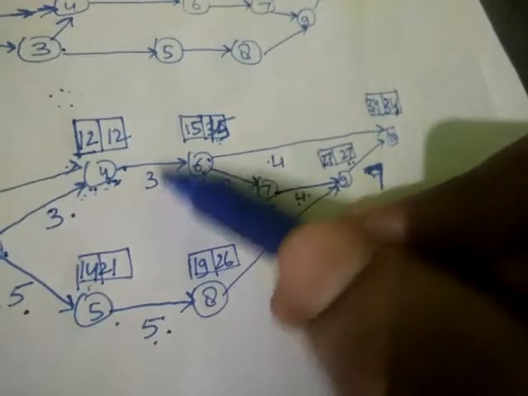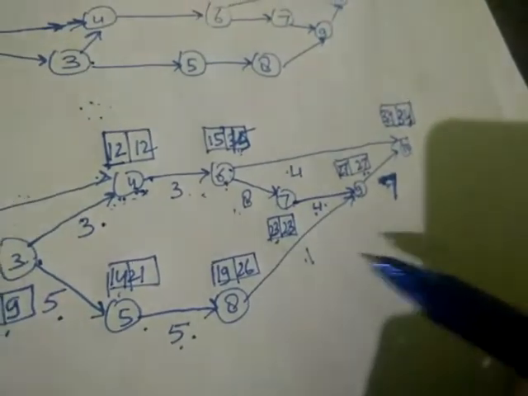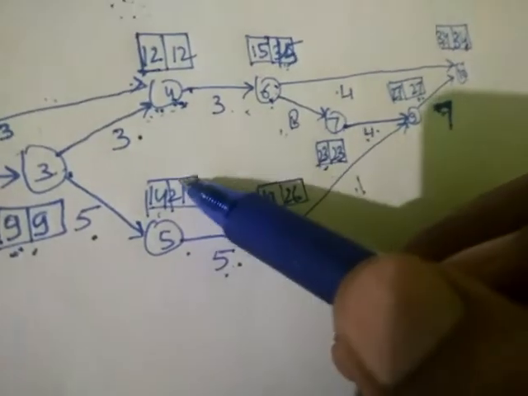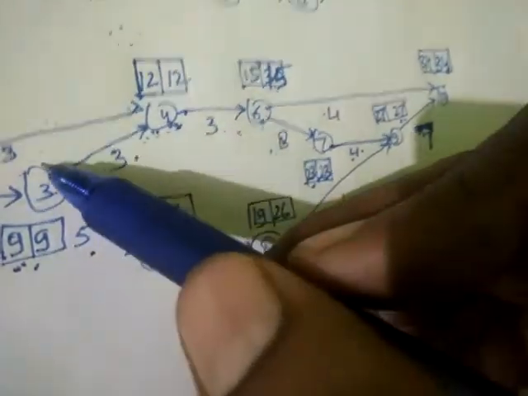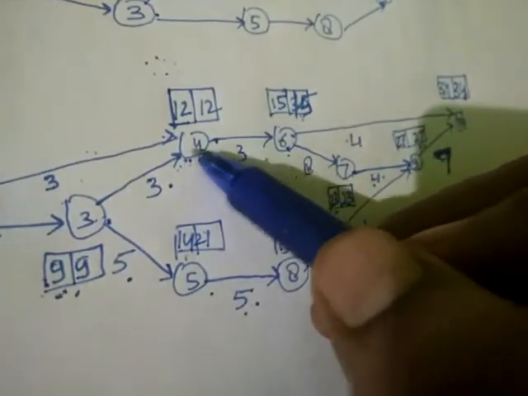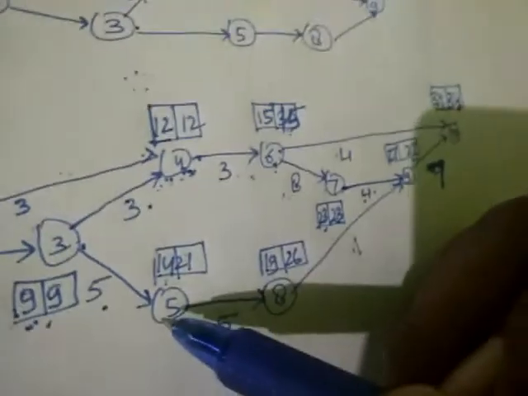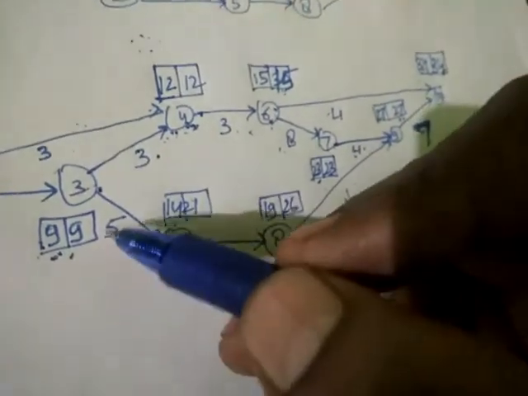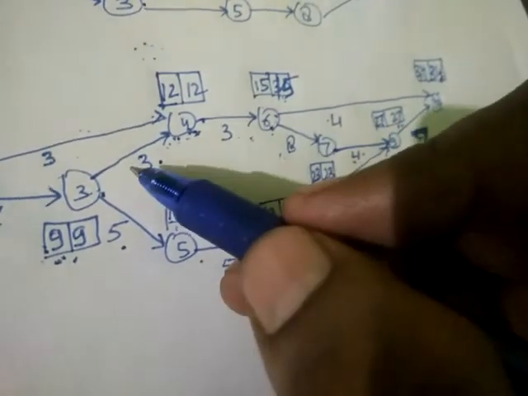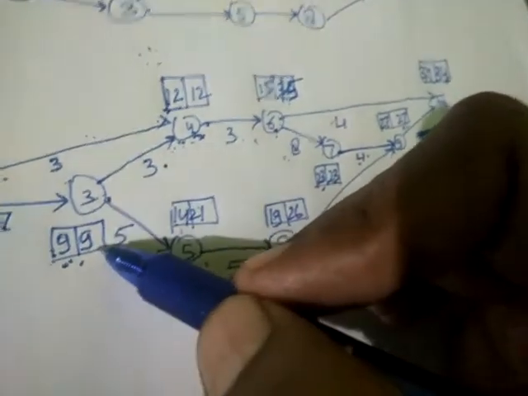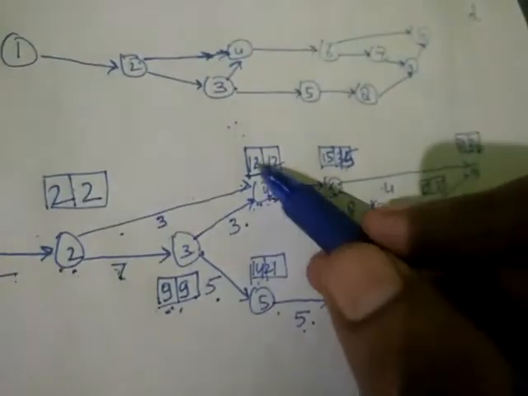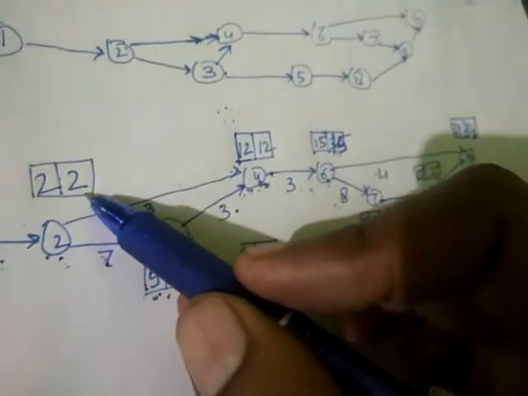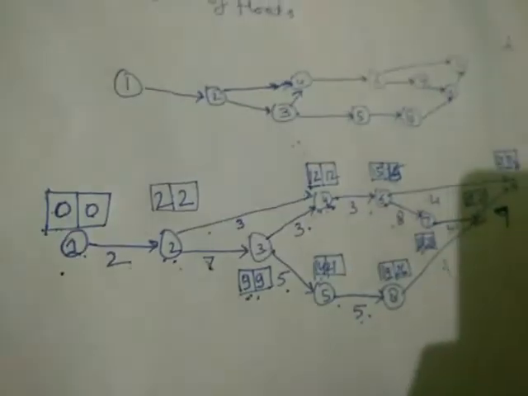Now 15 minus 3, 12. Here 27 minus 1, 26, then 26 minus 5, 21, and here you can see again you have two options. You can come from here, you can come from here. So now just calculate which is the smallest number, because 21 minus 5, 16, 12 minus 3, 9. So we'll take 9. Now again here you have two options, one from here and one from here. So we'll calculate, so it comes 2, and finally it is 0.